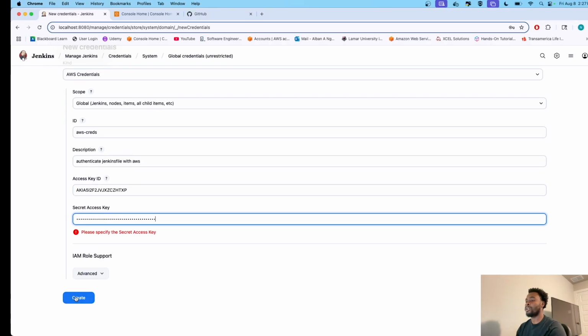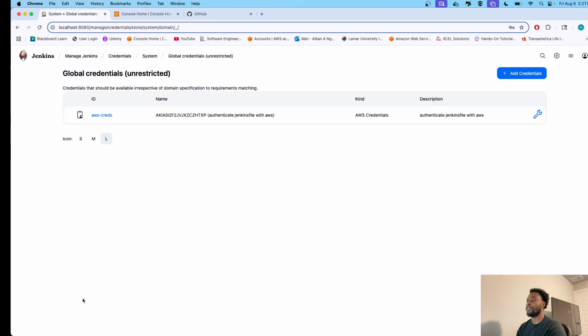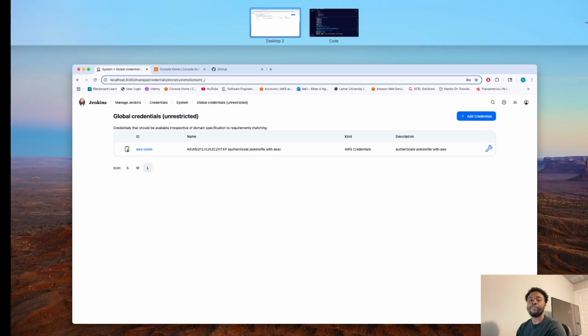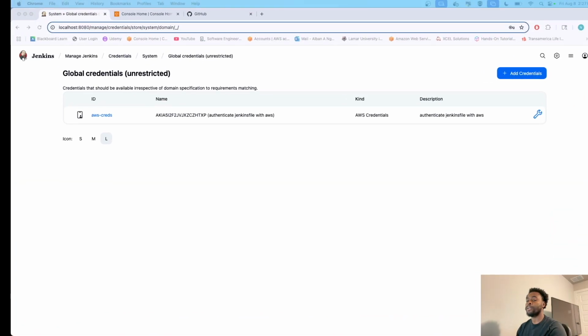And then I'll click on create. So yeah, these AWS credentials have been set up, and we're gonna use this in our Jenkins file to authenticate with our AWS environment. So just make sure that you have those credentials set up,